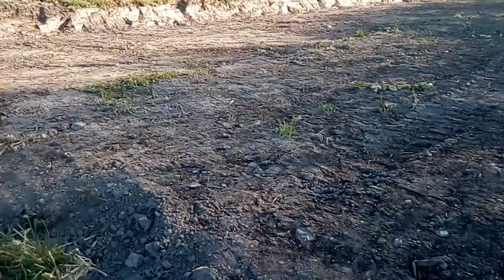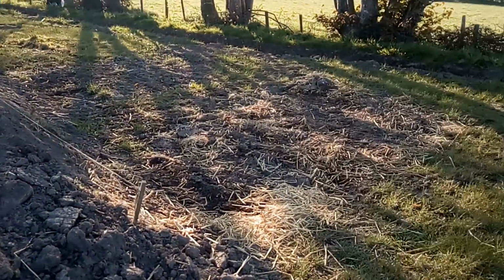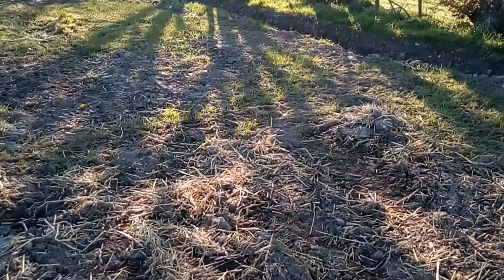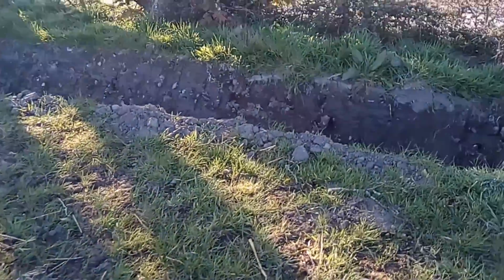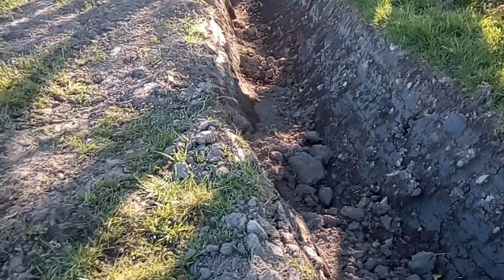We've done it to the top hedge, so obviously it's a bit uneven at the bottom, but that doesn't matter so much. And we did it at the same time. Whether it will work now because of the polytunnel, I don't know, but because all of this ground down here has been really wet pretty much since I came down into the field over a year ago now,